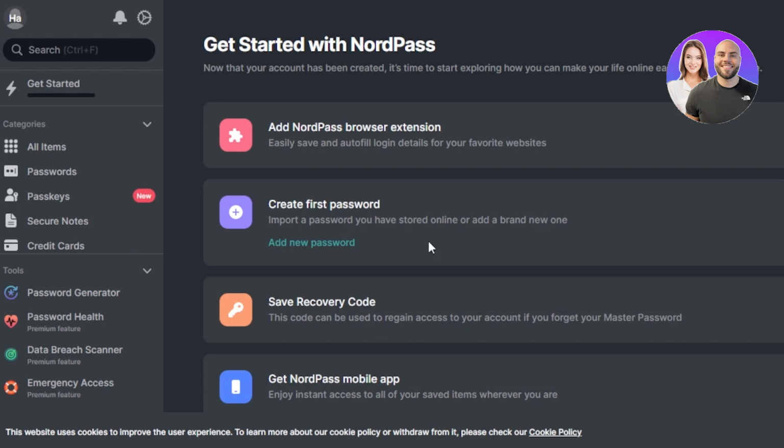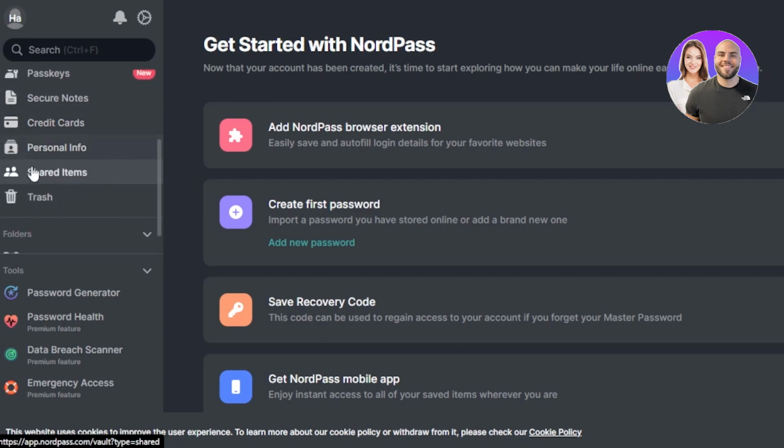So you can see this is the software that we have. Let me show you how to use it and how we can create different categories, how we can save our passwords, how we can save our credit card information and more. First of all, once you get to the account, you will get these different categories here. We have all items, then we have passwords, credit cards, personal info, shared items, and then we can also create